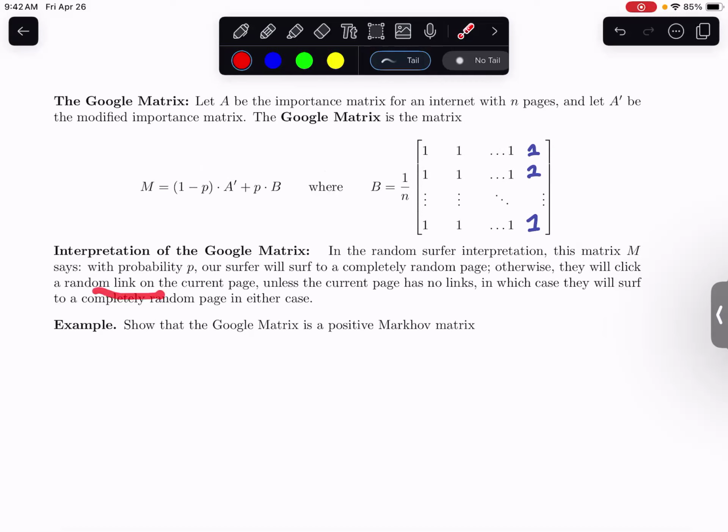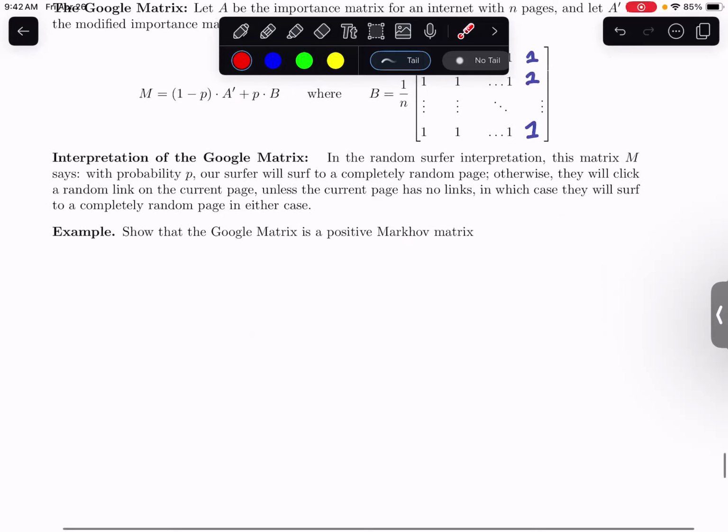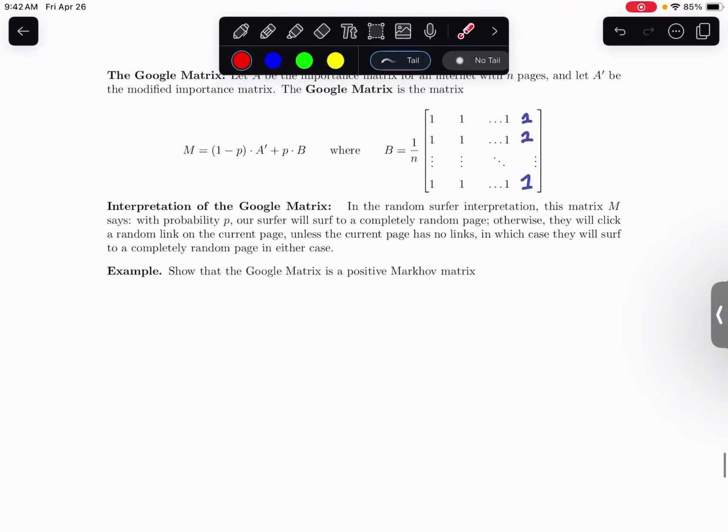Otherwise, they click a random link on the current page, which is represented by this 1 minus P multiplied by A prime. If the page doesn't have a link, then they end up just surfing to a completely random page. In either case,